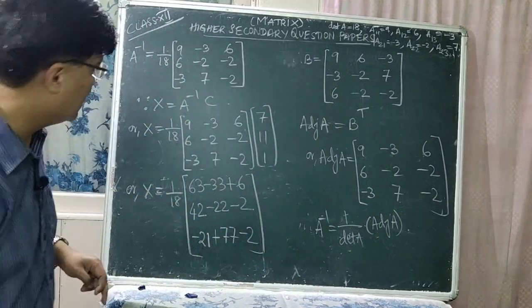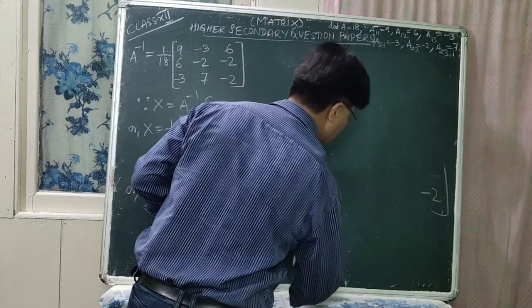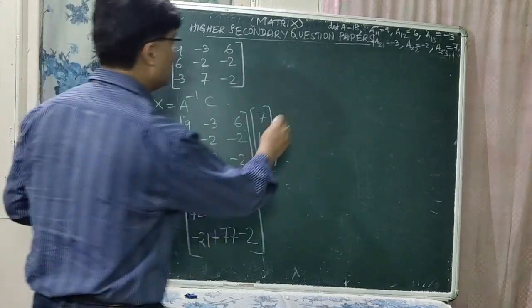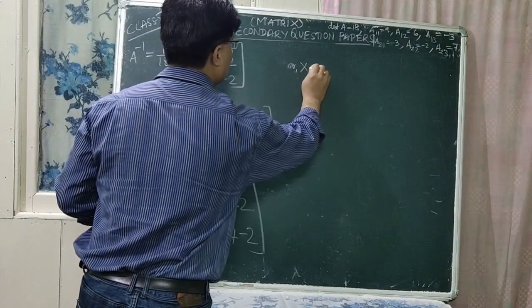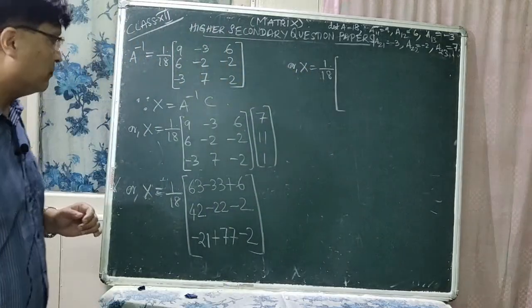So we have simplified it. Now again you have to simplify within the third bracket, that is within the matrix sign. You can simplify it further. Okay, so let us simplify it. X is equal to 1 by 18. Now within the matrix sign,